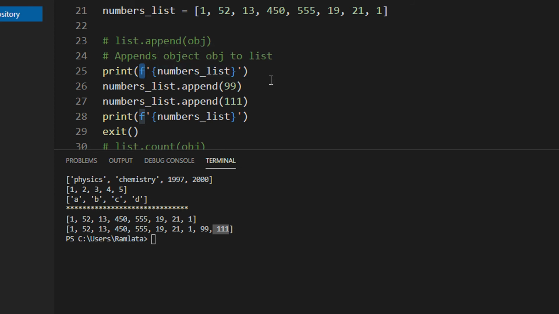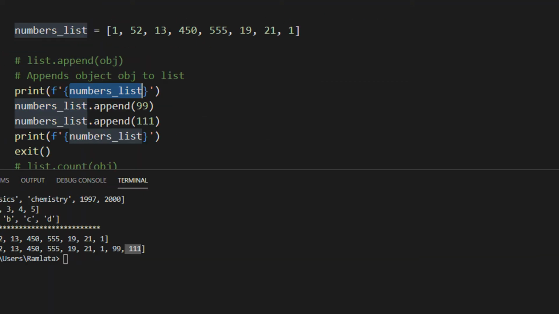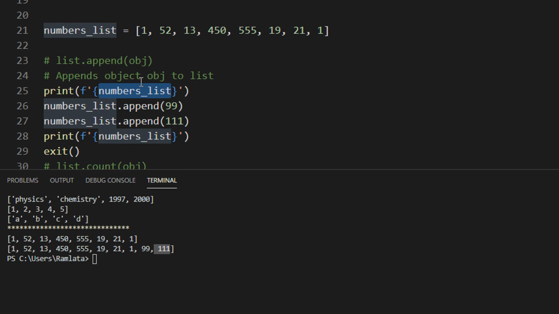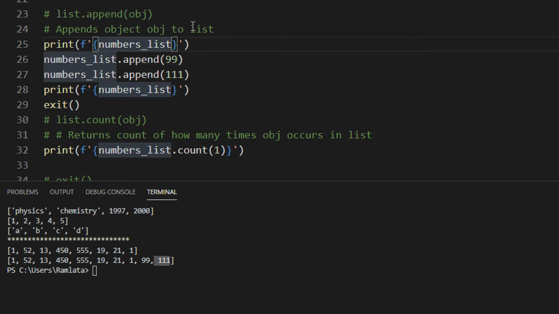These are called f-strings. Remember the format method that we used in Python? We have seen it in previous videos. From Python 3.6, they support an even newer method known as f-string. So what does an f-string do? You remember the curly braces that we used in the format method? We used to keep them empty, then write dot format and map the values respectively. F-strings make the task easier. You just write f at the start, use single quotes, and within the braces you directly write the variable you want. This is how the append operation works.